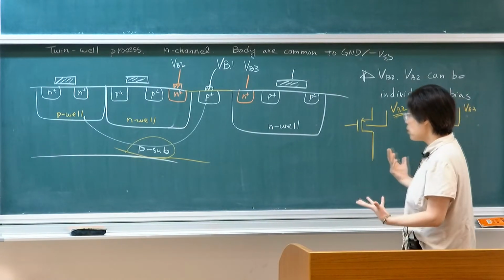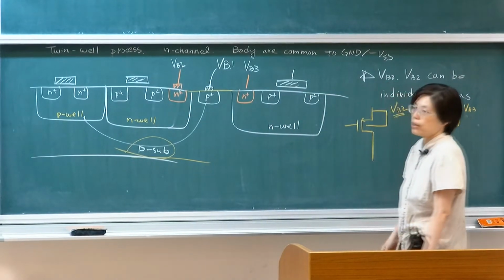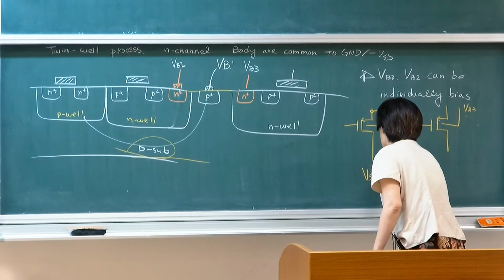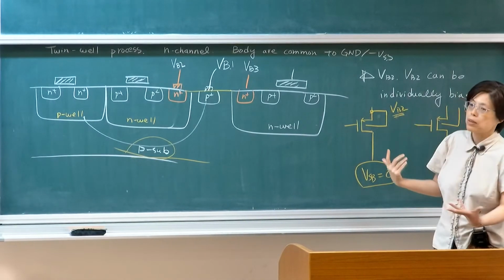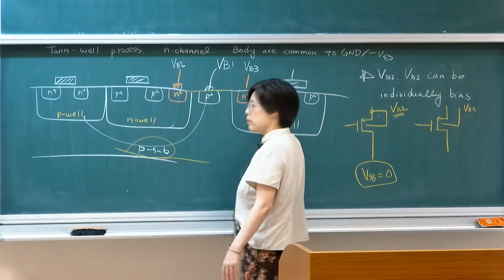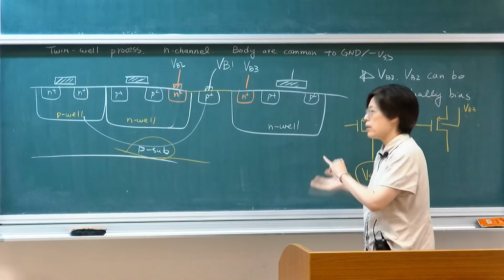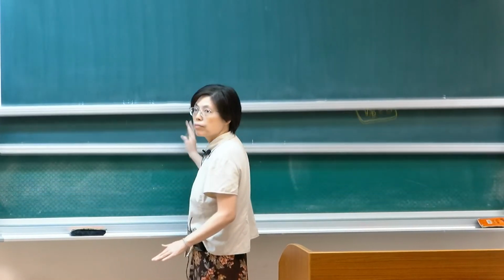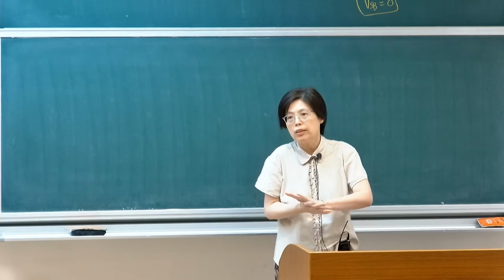Okay? So if I want to avoid body effect, one of the things that can be done is to short source and body so that VSB equals 0. I could short them so that it will always be 0, and there will be no body effect. But this comes with a price. You need individual wells, so these two transistors need to be in different wells. So it takes a lot more space, if that's the case. Okay? Any questions on the previous discussions?